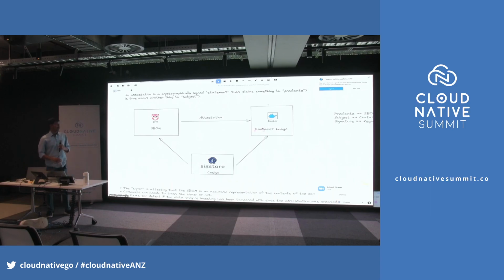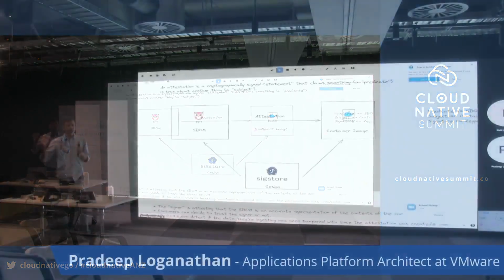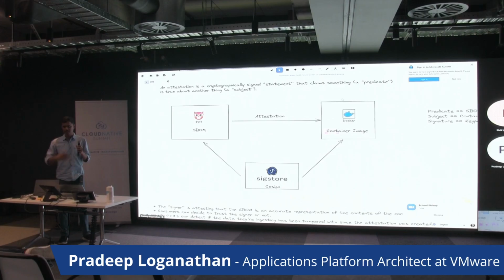What you're doing as part of the attestation process is cryptographically signing the SBOM to say that this particular container or this particular software artifact contains the software packages listed within this SBOM. From a cryptography perspective, the container image is a subject, the SBOM is a predicate, and the signing key says the subject, which is a container image, contains the software packages listed in the catalog generated by the SBOM. It ties the whole thing together, and you sign them both together to say this particular container contains these software packages as cataloged by this particular SBOM.